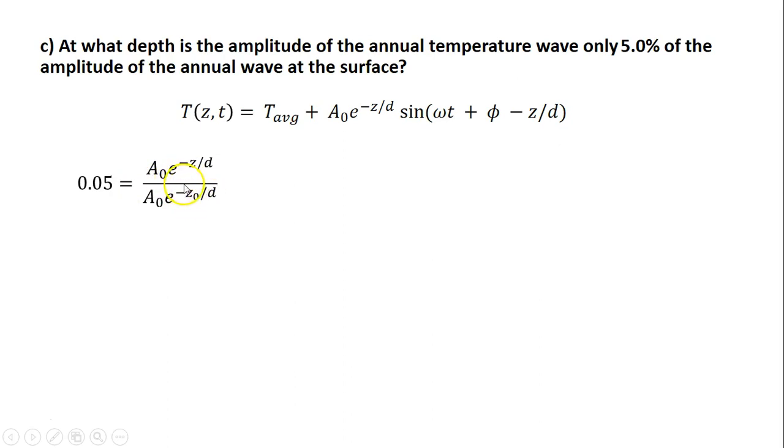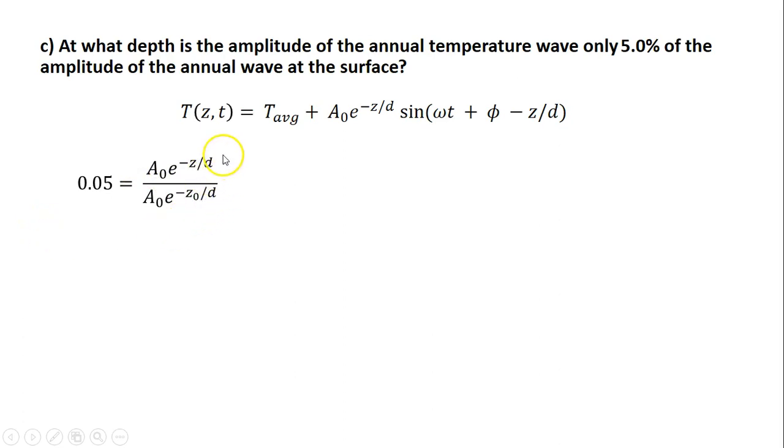And we are interested in calculating the depth at which the ratio of these two amplitudes is equal to 0.05, or 5%. So first off, we can see that the A0 values here will cancel out, and we can also